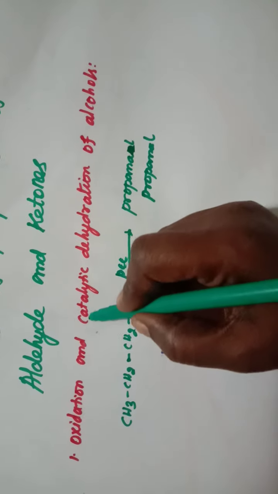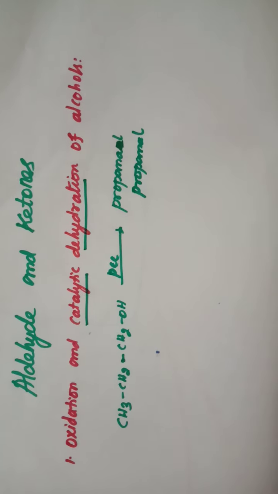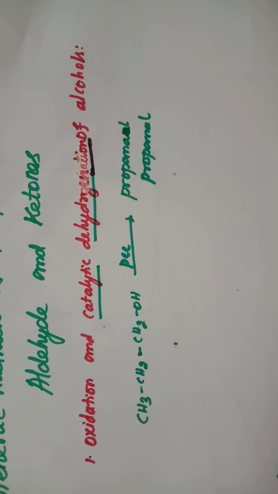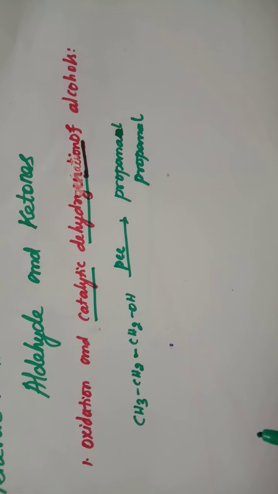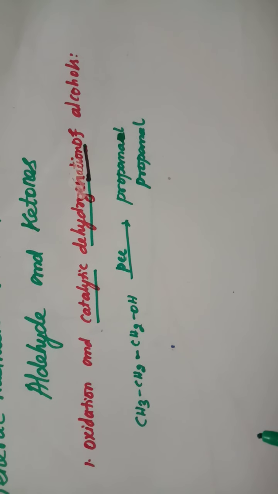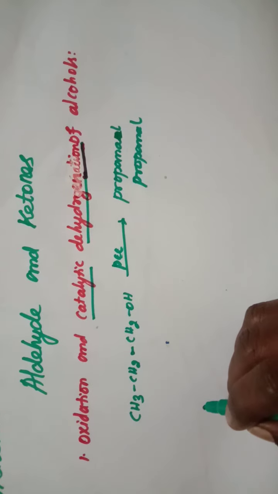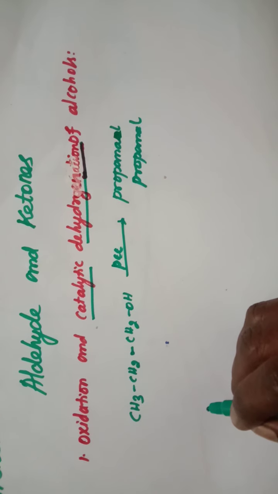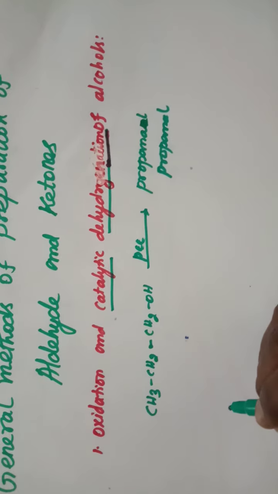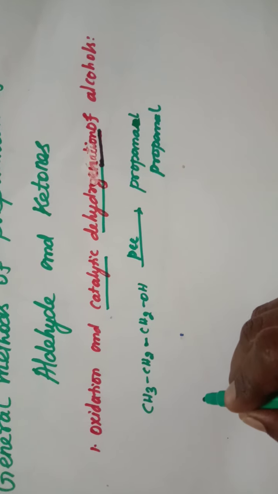Next one is catalytic dehydrogenation. That is, when the vapors of primary and secondary alcohols are passed over copper at 573 Kelvin, dehydrogenation takes place and they form aldehydes and ketones. For example,